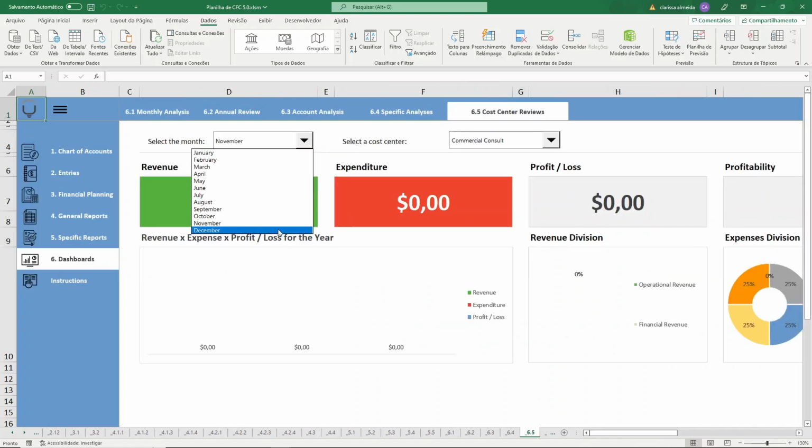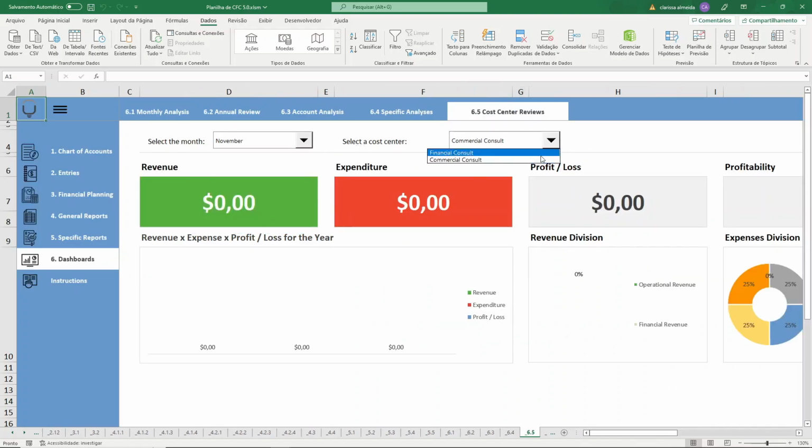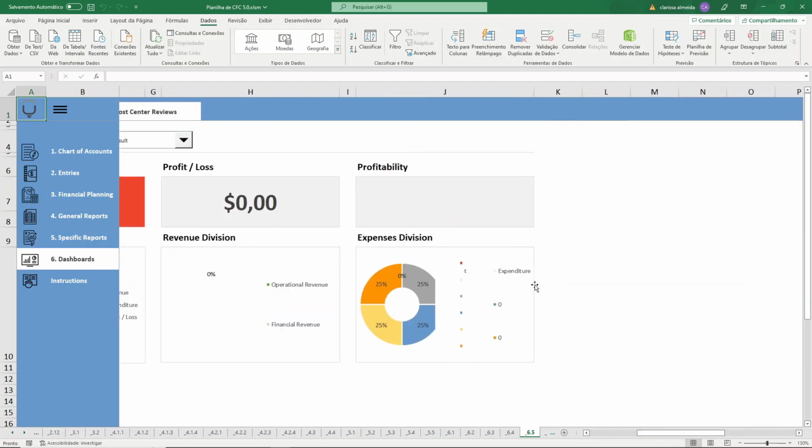Finalizing the worksheet, in Cost Center Review, we select the month and the cost center, and we can visualize its revenues, expenditure, profit loss, profitabilities, and also some charts below such as revenue, expense, profit, loss for the year, revenue division, and the